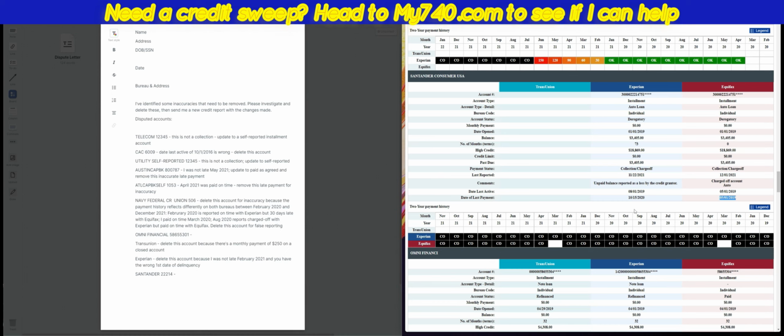3405. This should really say 3405 charged off with a past due of 3405. This is actually incorrect. So the past due is not the same as the balance. Now, for the purposes of this letter, we're actually going to use the date of last payment. So delete this account for inaccuracy because the date last paid is